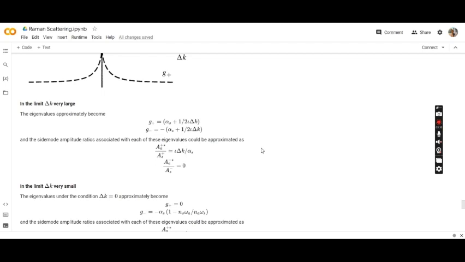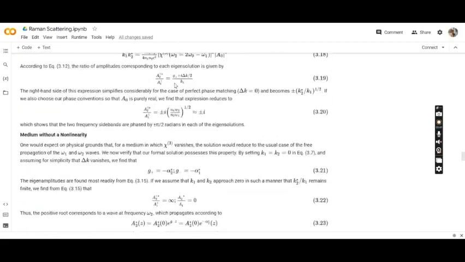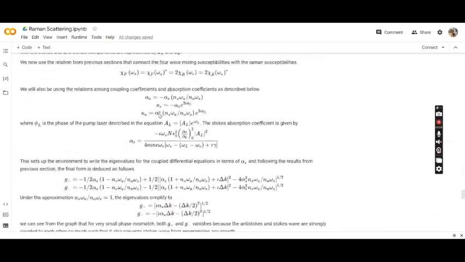Now we'll consider two limits to this problem. The first is when the phase mismatch is very high, that is modulus of delta K is much greater than modulus of alpha S. In that limit, the G plus and G minus could be approximated to these values, that is alpha S plus half iota delta K, and G minus is minus of the same thing. And now we can substitute this G plus and G minus in this expression to get the ratio of the side amplitudes, equation 3.12, the ratio of amplitudes for the plus or minus mode, for the anti-Stokes and the Stokes field, and which gives us the result